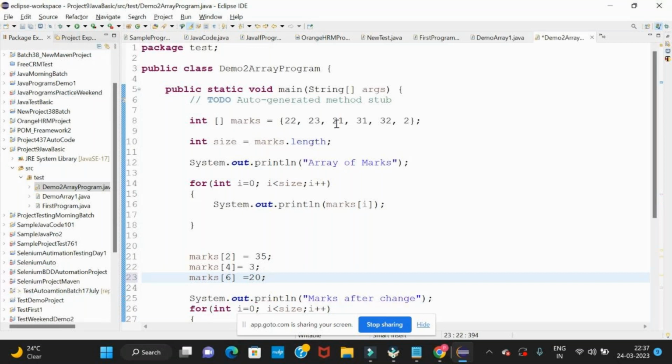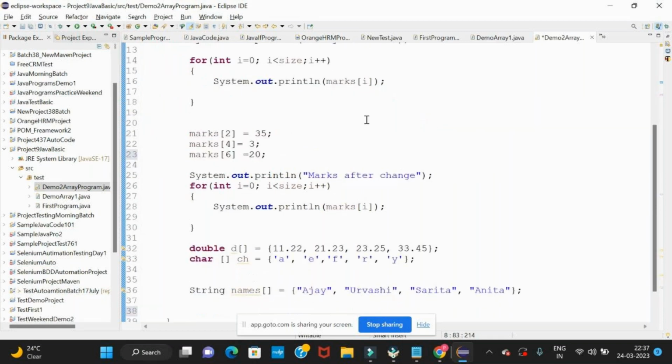You have declared 5 values, 6 values, okay, means last element index is 5. So you cannot increase the size later on. Whatever is the size, that is fixed at this declaration point only. Size is fixed while you declare. Okay, so this will not work